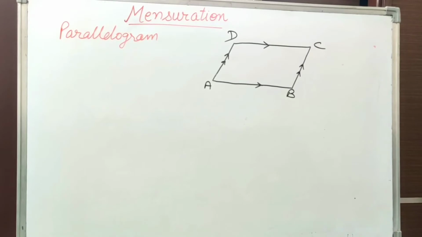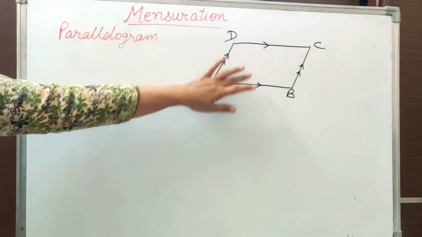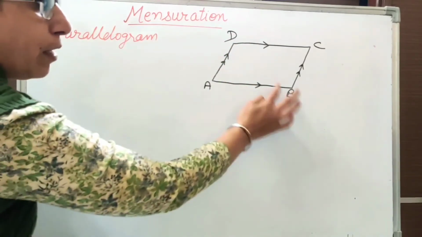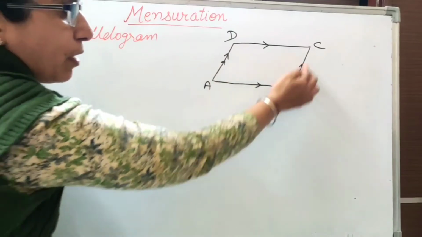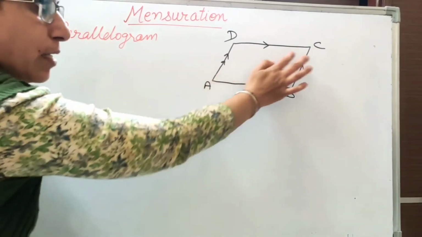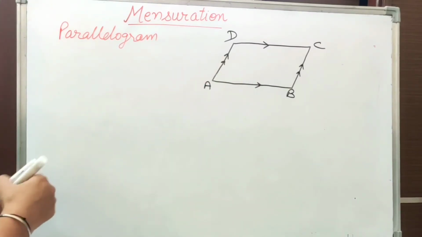Now the next shape is parallelogram. So student, a parallelogram is a quadrilateral in which opposite sides are parallel. Opposite sides are equal and parallel. In this, AB is parallel to DC and AD is parallel to BC. Opposite sides are parallel and opposite angles are equal in a parallelogram. Opposite angles are equal. So the area of this parallelogram is,